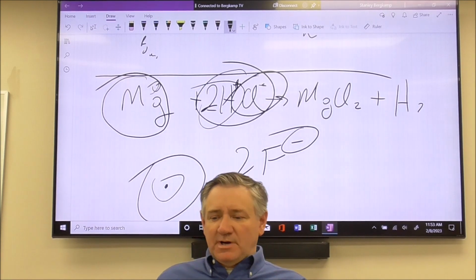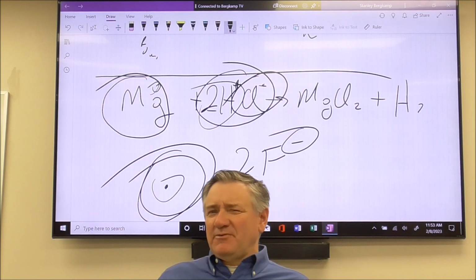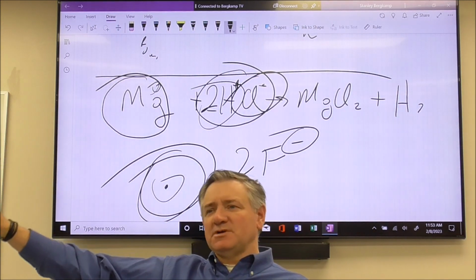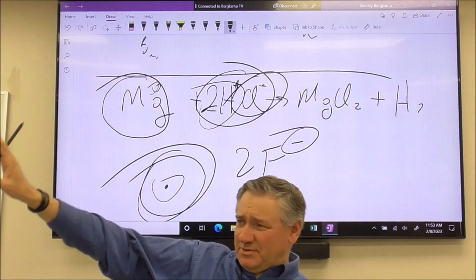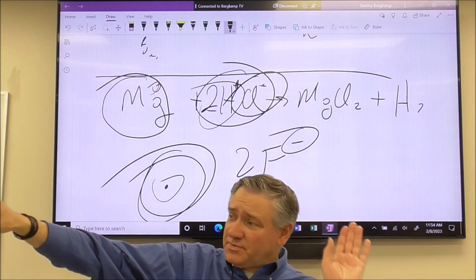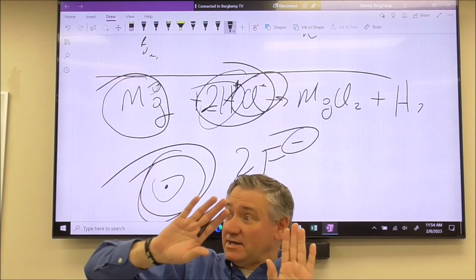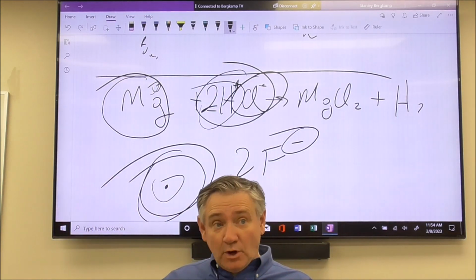Now it has 8. Everybody's cool. Hydrogen only had 1 goat. Really didn't like the goat anyway, so the goat runs off and the proton doesn't care because it's just 1 goat and who really cares, okay? So it lost a goat, it gained a goat, so you can think of redox reactions in terms of transfer of goats. So when I was in Africa, I taught this in terms of who gets the goats, who wants